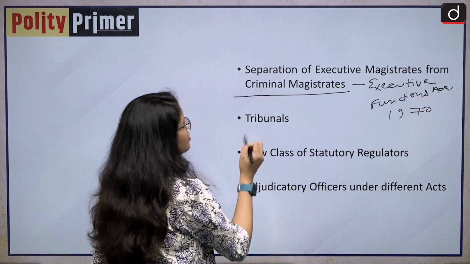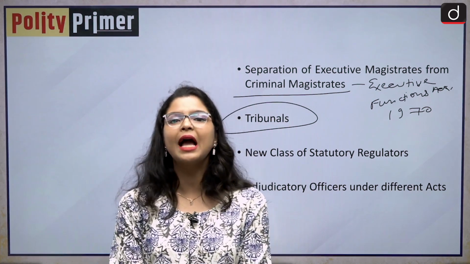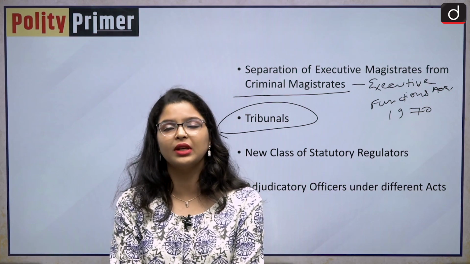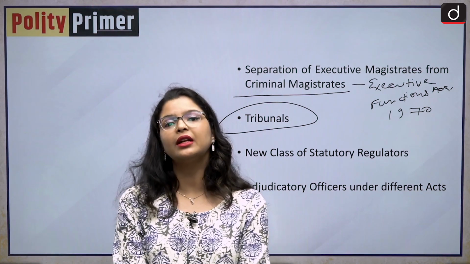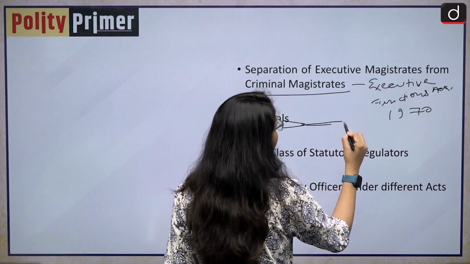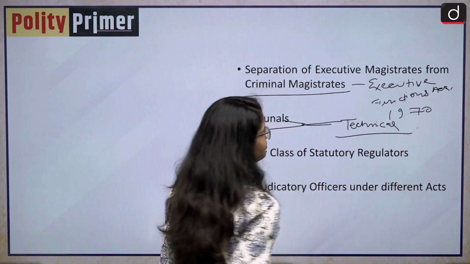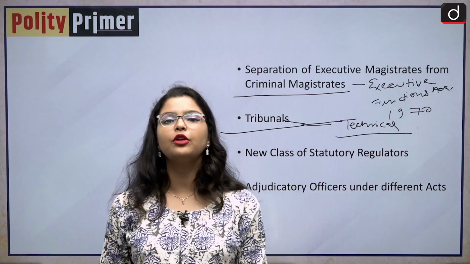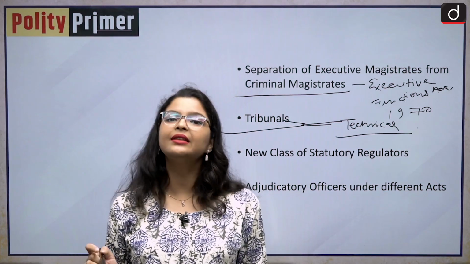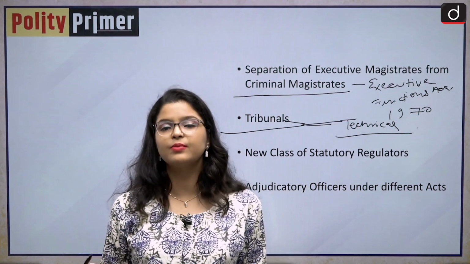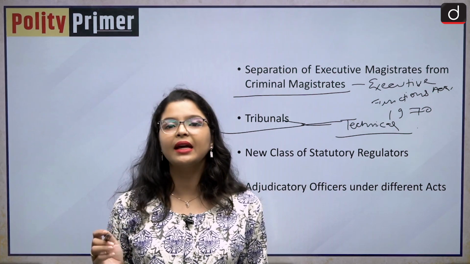Then the executive also creates tribunals. Since the 1980s, the bureaucracy has been trying to avoid judicial scrutiny, and by creation of tribunals, a senior bureaucrat is often a technical member. So there is involvement of the bureaucracy in these tribunals as well. That is why, when judges of the Supreme Court retire, they can be the chairperson of the tribunals, but the bureaucrats are also involved in the tribunals as technical members.